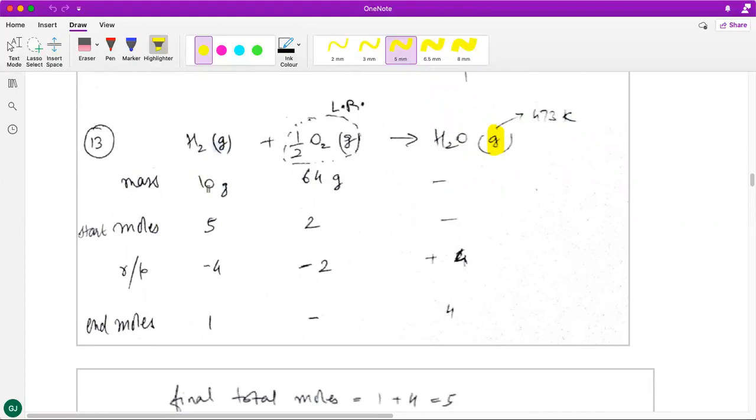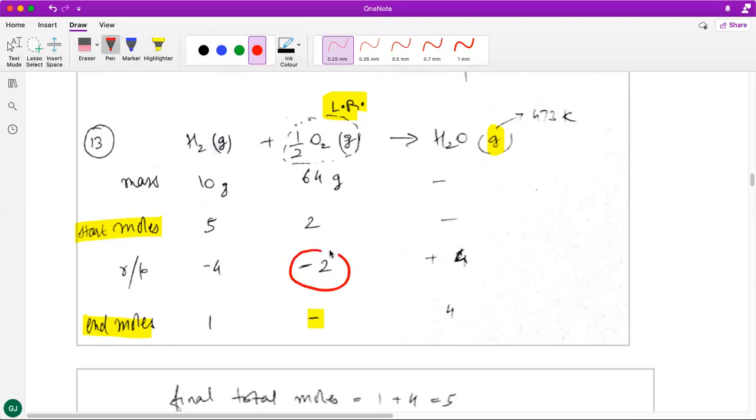Now you have been given the mass of H2 and O2 in kg, so convert it to grams only, and you get the starting moles, right? Based on these moles, if you have done the mole concept chapter, you will realize that O2 is the limiting reagent, and what will happen is that the O2 will consume itself completely. Okay, O2 will be consumed completely, in the end O2 will be 0, right? Now if 2 moles of O2 are getting consumed,